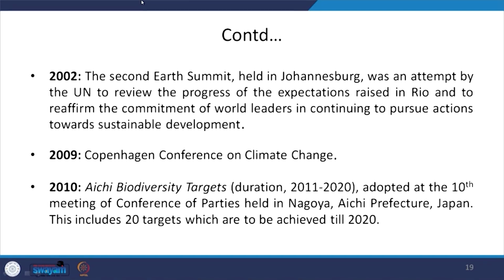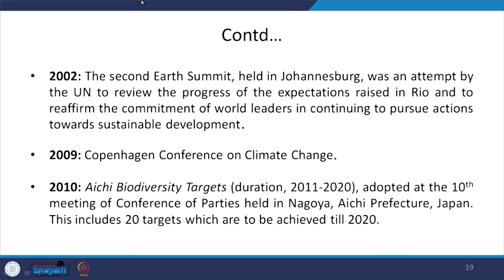Then in 2002 another Earth Summit was held in Johannesburg, and it also focused on protecting the environment and raising various concerns including global warming, climate change and how to achieve sustainable development. In 2009, the Copenhagen Conference on Climate Change was held,